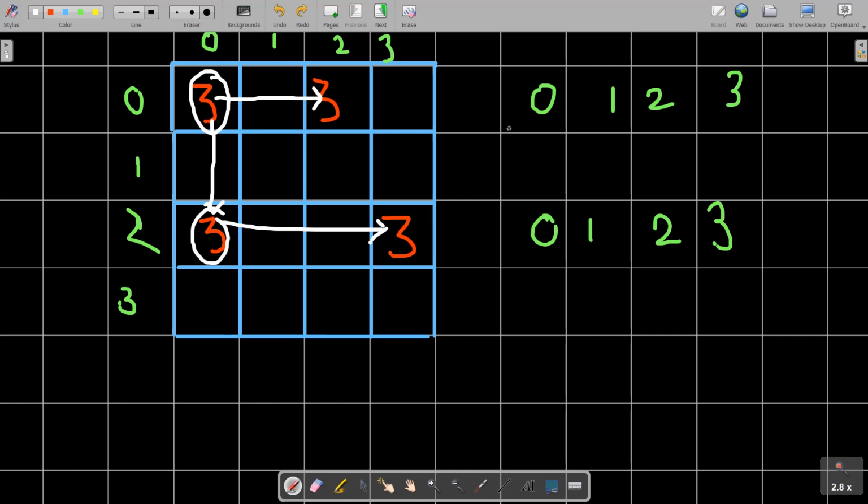Every time I am going to point some row number to a column number, so that for a connected component, the parent will always be one of the column numbers.